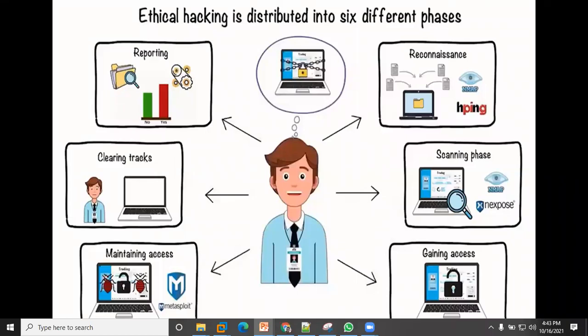It could be passive or active. Passive in the sense that you look at all publicly available assets or information out there to see what could be relevant concerning your target.